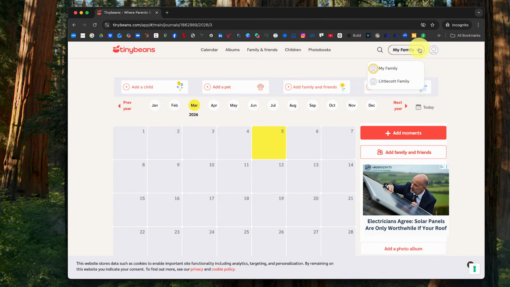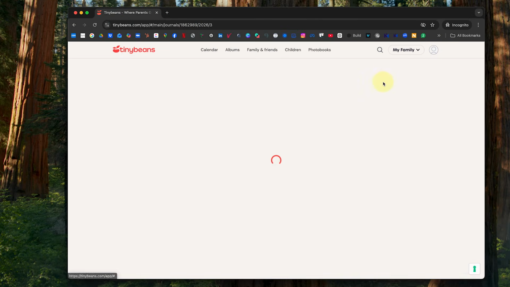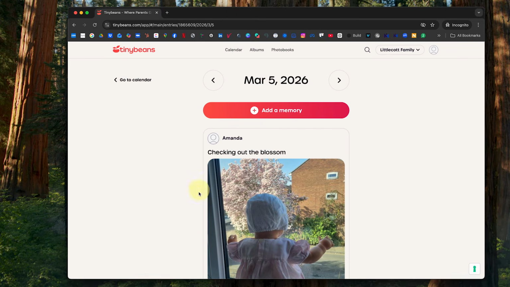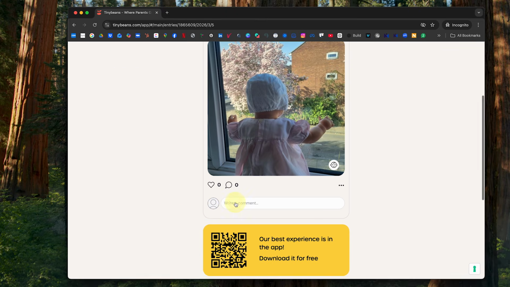If they don't already have a Tinybeans account, they'll just create one when they accept. Once they're in, your journal will appear in their journal list, and they can see the moments you share. On your phone,